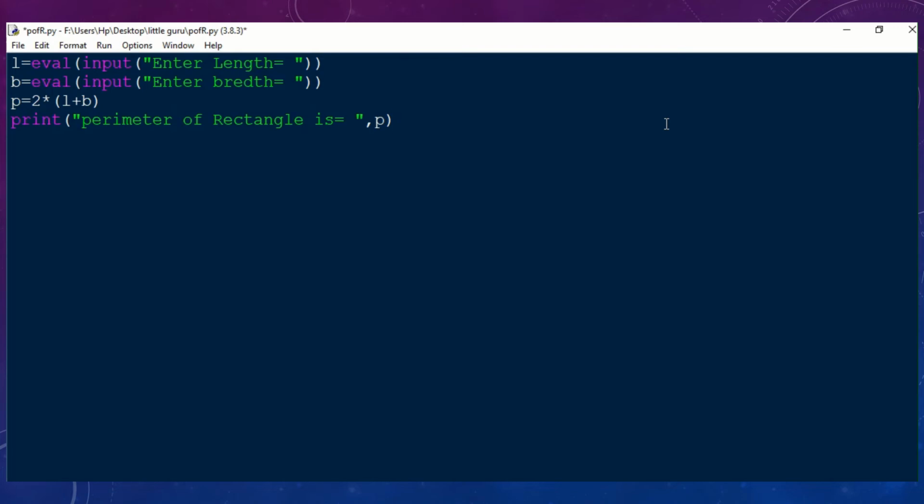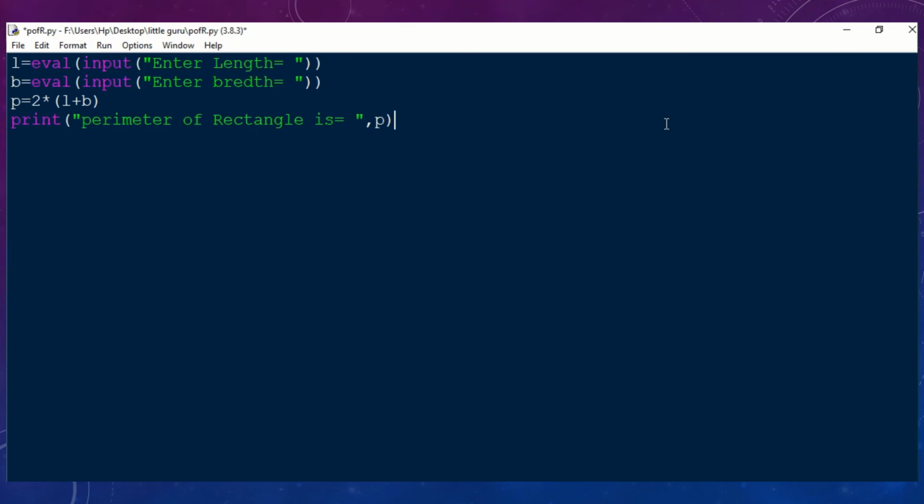Now we will learn how to find out perimeter of rectangle in Python. Now we have to take first length and breadth. We will consider length as L, breadth as B and perimeter as P. Now, the formula for taking length from user is eval(input("Enter length")), and the same for breadth.